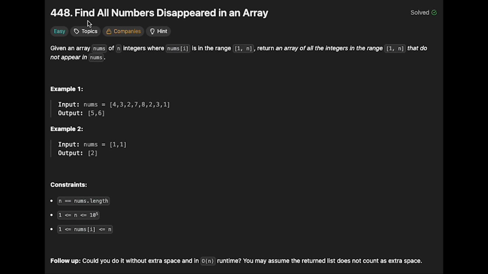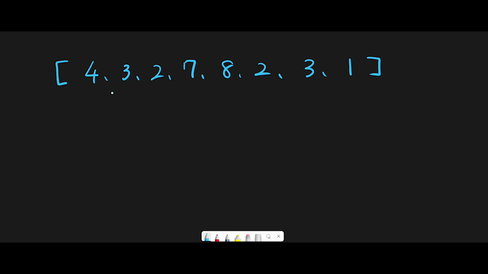Hey everyone, today we are going to solve the LeetCode question, Find All Numbers Disappeared in an Array. I'll show you two solutions. The first solution actually doesn't meet the follow-up question, but it's a good idea to think about multiple solutions for your interviews. So in this problem, we are given an array of integers where each integer is in the range from 1